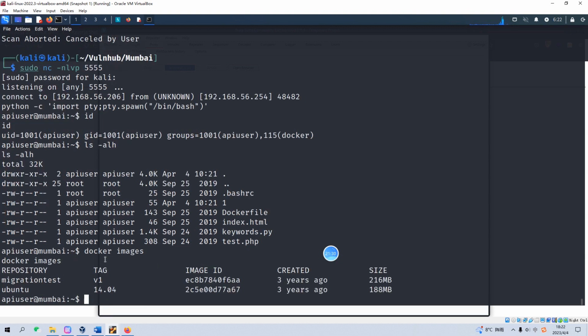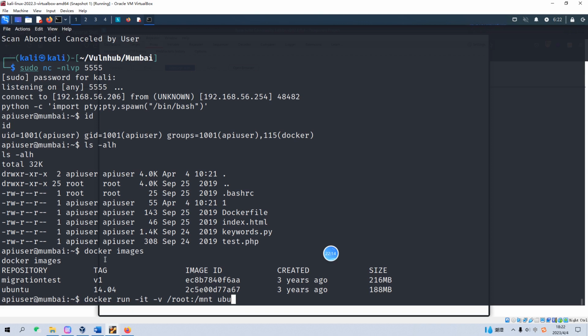Yeah, the target has 2 images, and how to do it, if you're familiar with the Docker command, docker run and specify the -it to get the command shell, and also we need to specify the volume, first the host, and then the container directory or mounting point, and we can specify the image name,